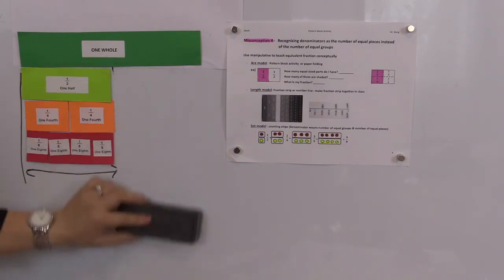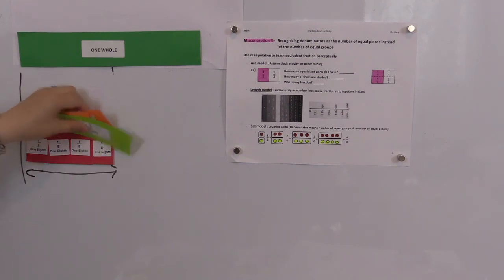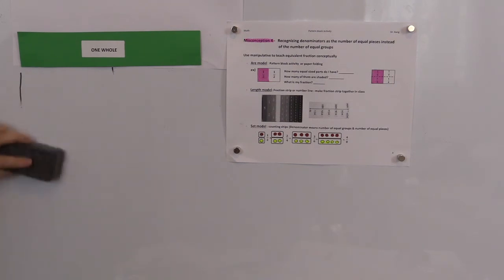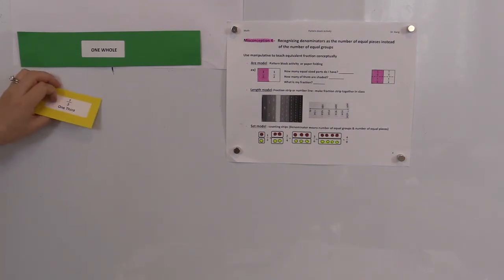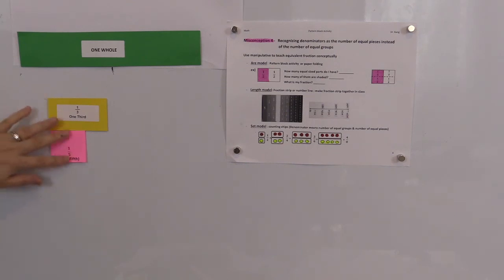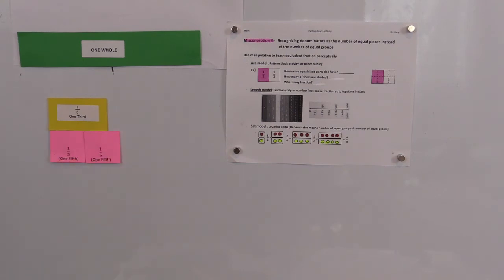That's the important part. So now let's talk about the area model. You can use it as an area or length model, both of them. Same in here. They want to find out what's the same as 1/3. So they can compare the size of each shape they have. For example, they want to use this one. They're not the same. How do they know? They're not the same in size, also not the same in length. What about if I put one more here? Are they the same? No,